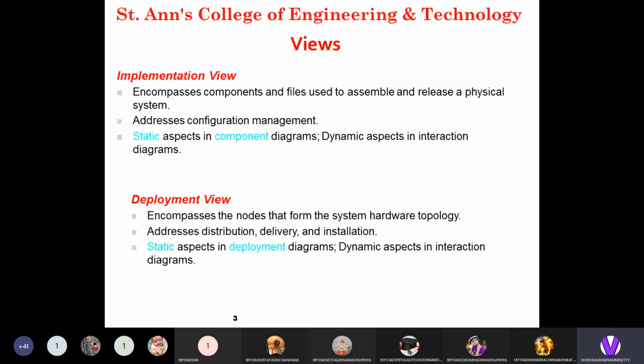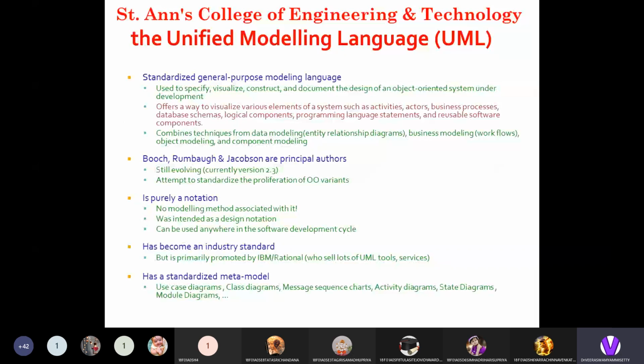So basically, if you want to develop any standardized general purpose modeling language, we have to follow some specific things. UML is used to specify, visualize, construct, and document the design of object-oriented systems under development process. It offers to visualize various elements such as activities, actors, business process, database schema, logical components, programming language statements, and reusable software components, everything which is there in a standardized general purpose modeling language.